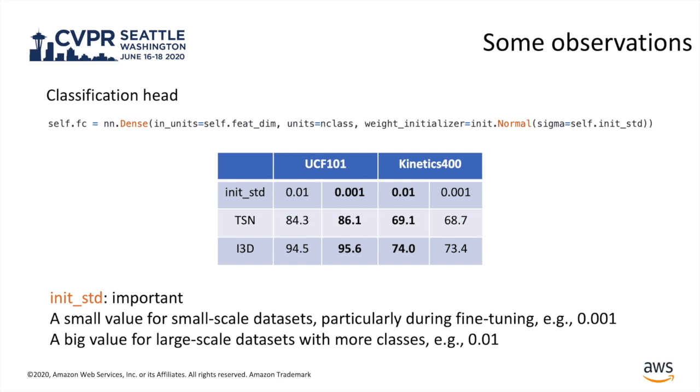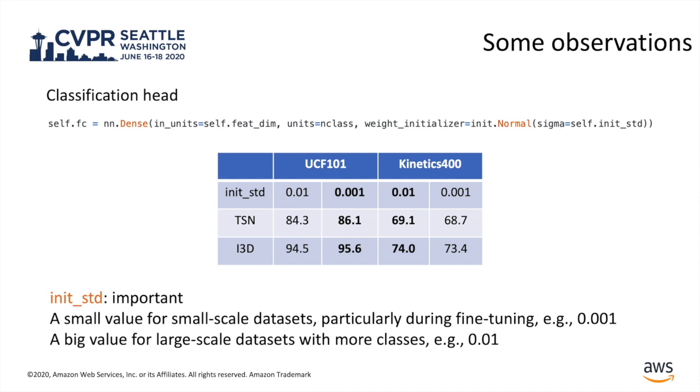In the end, I want to talk about some observations or experience I had during reproducing all these experiments. First, I want to talk about the classification head, which is the last layer of all the models. It is usually a FC layer, with output dimension being the number of classes. Particularly, it has a parameter, standard deviation, when you initialize this layer. Actually, I didn't put my attention on this parameter until I couldn't reproduce TSN experiments on UCF101 because I used the default value